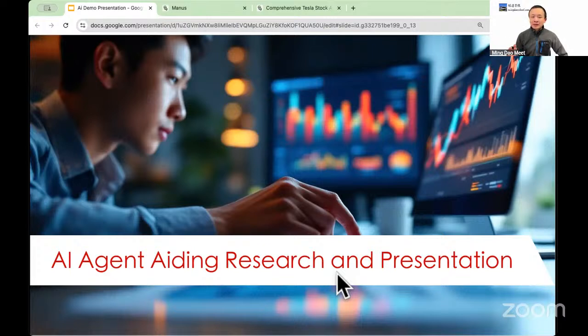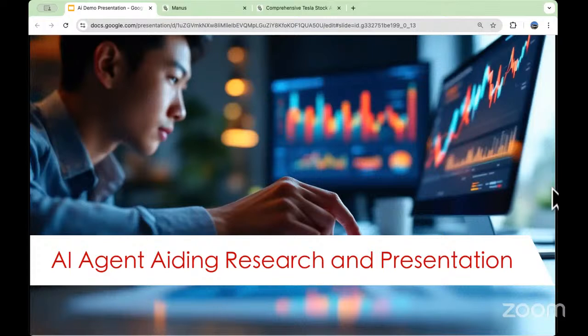So I built this demo using OpenAI's latest release. I built on top of their prototype. They have a research prototype that will output text of the research result. And on top of that, I built an additional feature to take their text output and generate a nice looking PDF file as the final output that you may be able to put on your website or submit to your professor. So let's take a look at how that works.